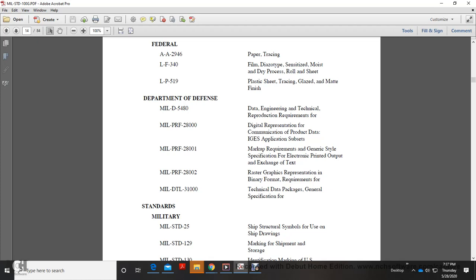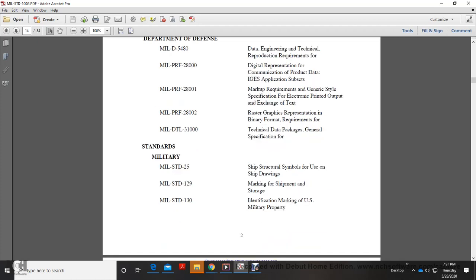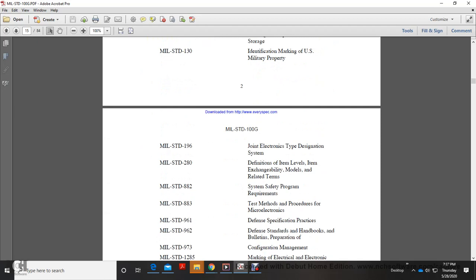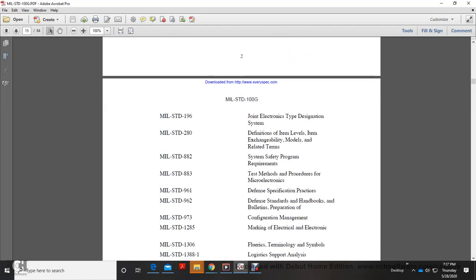and MIL-DTL-31000 technical data package, general specification. Military standards: MIL-STD-25 ship structural symbols used on ship drawings; 129 ship marking, shipment of stores; 130 identification marking of U.S. military property; 196 joint electronic type designation system; 2280 definition of item, lieu, exchange models and related terms; 882 system safety program requirements; 883 test method standard for microelectronics; 961 defense specification practices; 962 defense standards and handbook bulletins preparation; 973 configuration management;